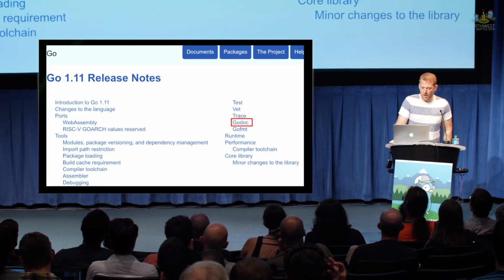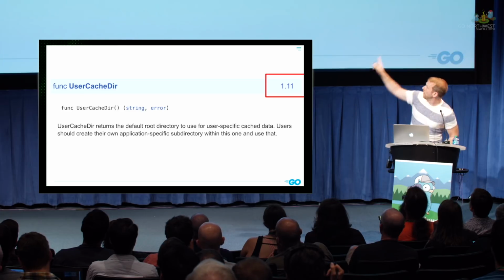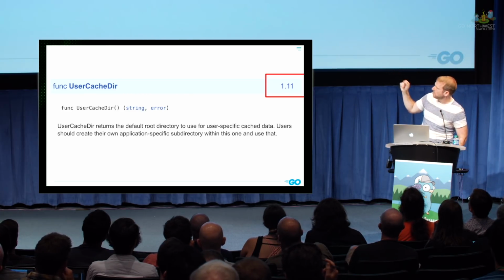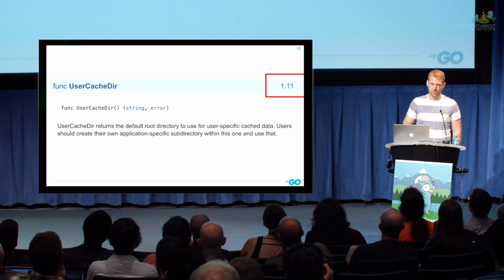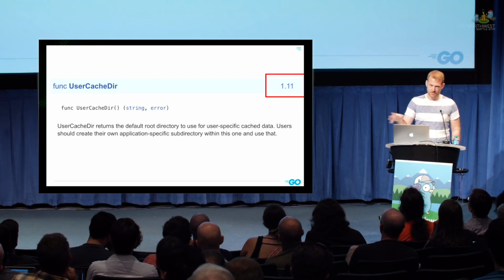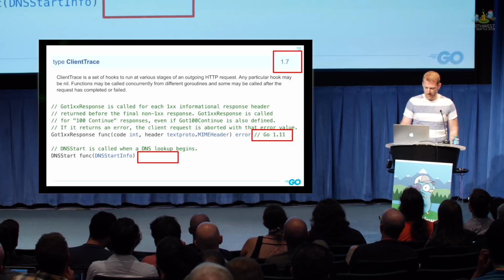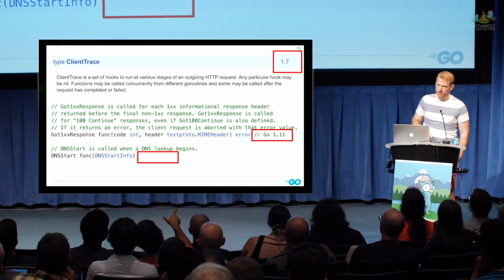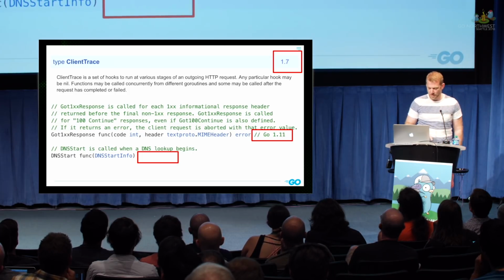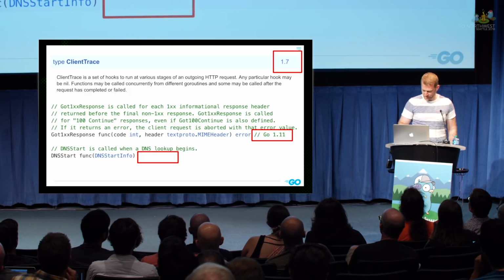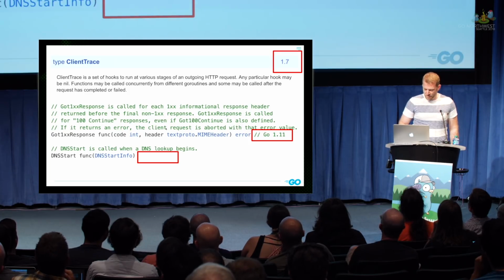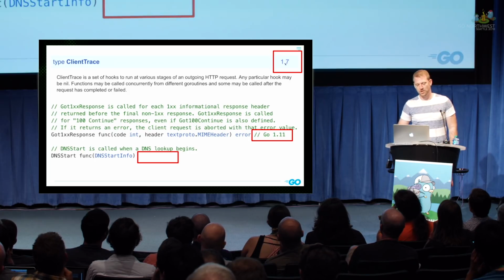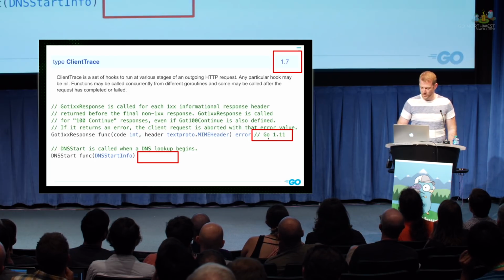Another neat small thing is in Godoc now, on the right side, it shows the version that things were introduced in. So this is a new function in the os package to return a user-specific cache directory that does the right thing for every operating system. For fields of structs, it shows it over on the right in a little comment. This is because I suck at UI, so that's what I came up with. If the struct field was always there from the same version of the type, then it's omitted. So it's only there if it's different.